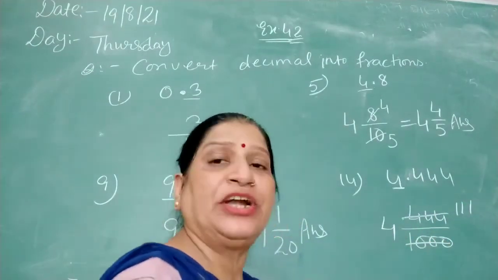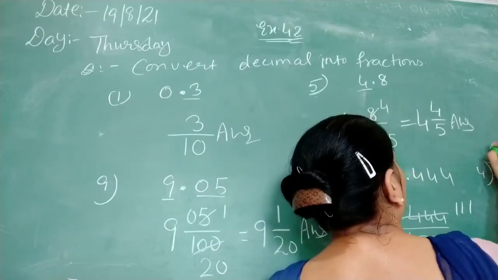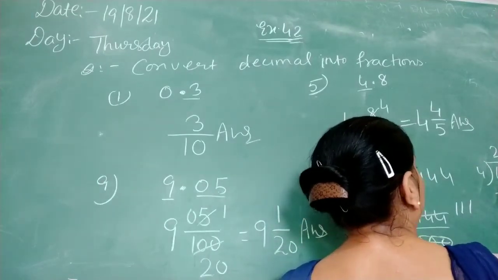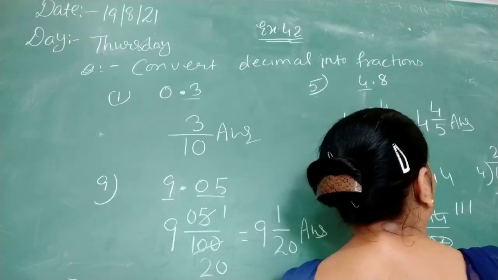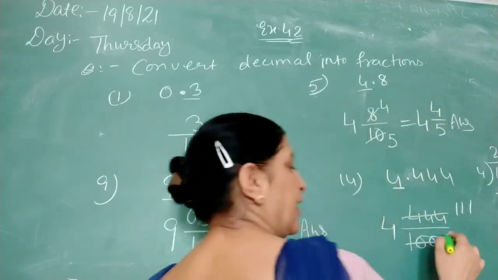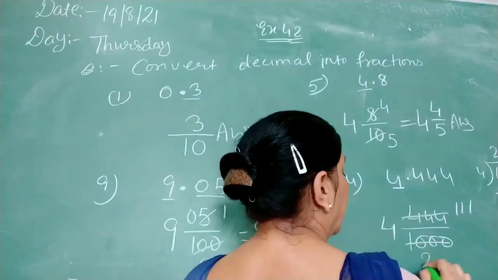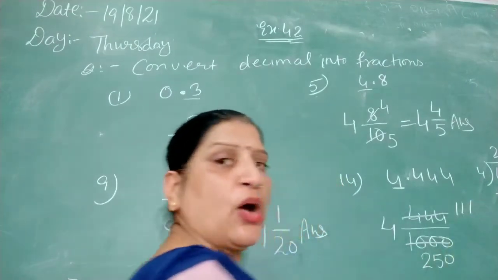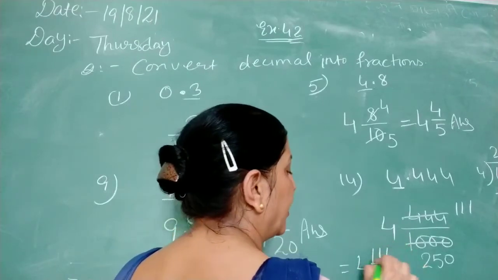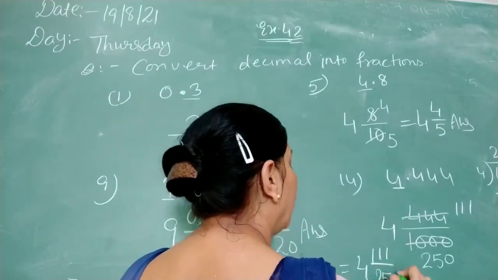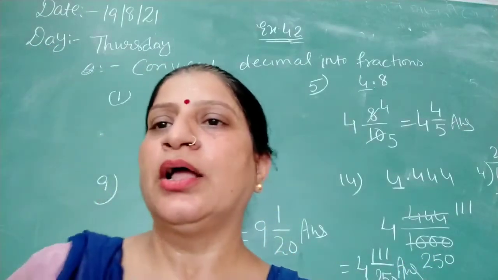When we divide 1000 by 4, जब हम 1000 को 4 से डिवाइड करेंगे तो 4 2 जा 8, 2 रिमाइंडर, ऊपर से 0 नीचे आया, 4 5 जा 20, again this 0 comes down and this 0 right here. So after dividing 1000 by 4 we write here 250 and now our answer becomes 4 combined 111 by 250 and this is your answer. Clear this one? Now we do the next question.